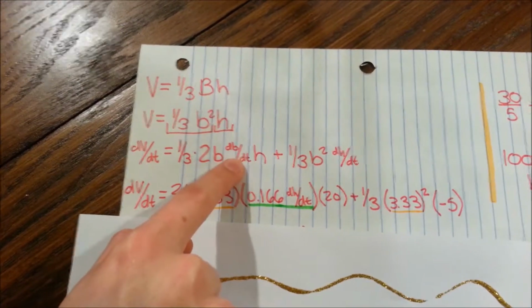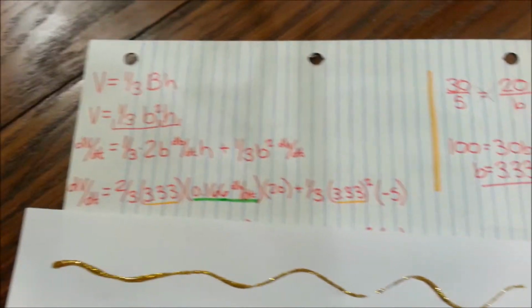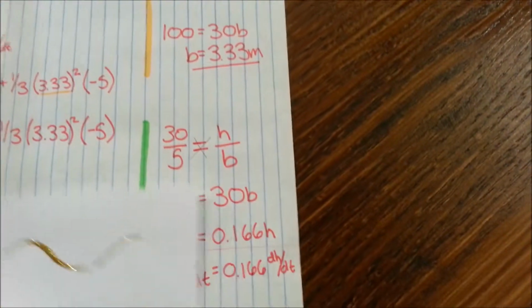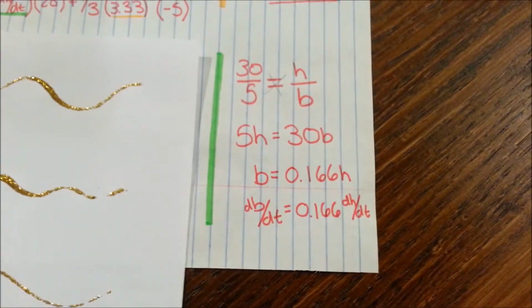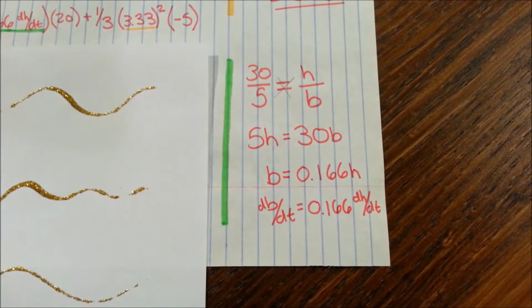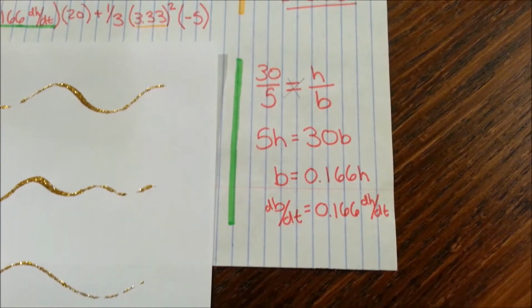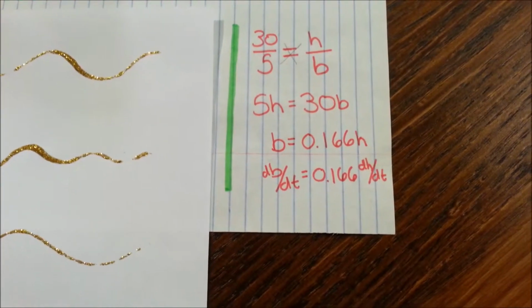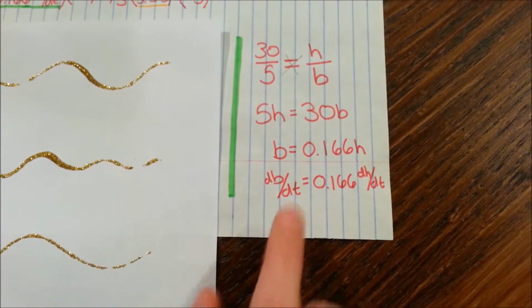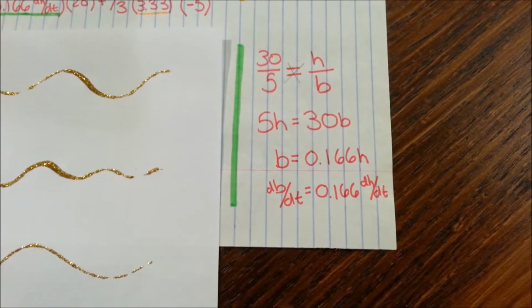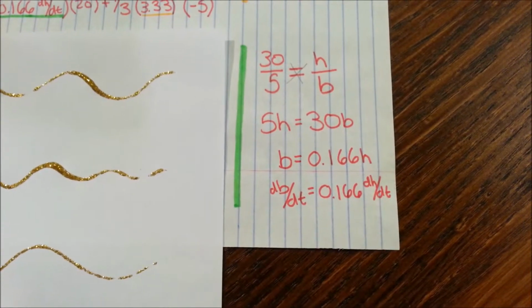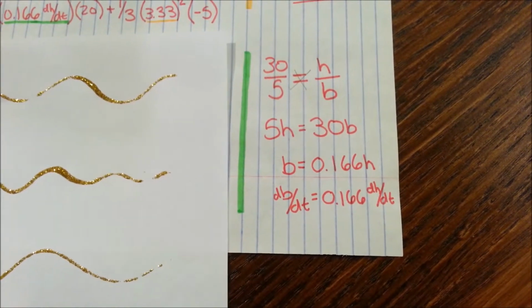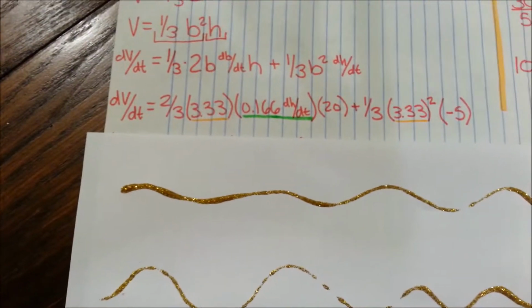And now we have to find db/dt, which we have to do another ratio of 30 over 5 set equal to height over the base. Cross multiply again, and you get b equals 0.166 times the height, and then you take the derivative of that to get the rate of change, and you get db/dt equals 0.166 dh/dt, and then you go over and plug that in to the equation,